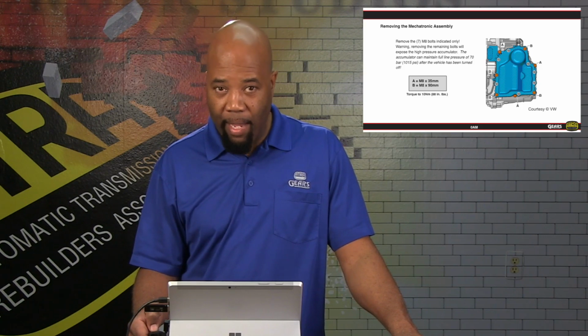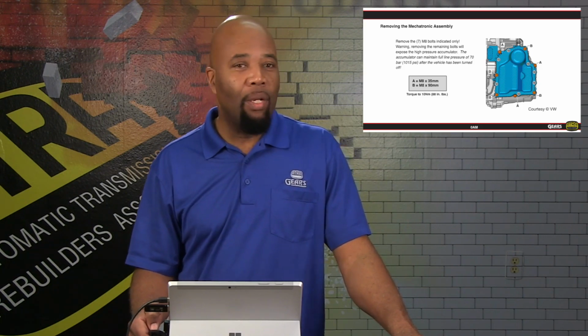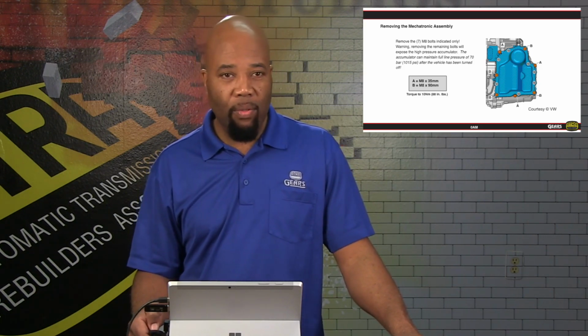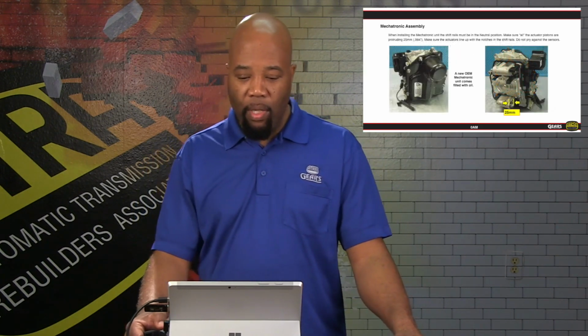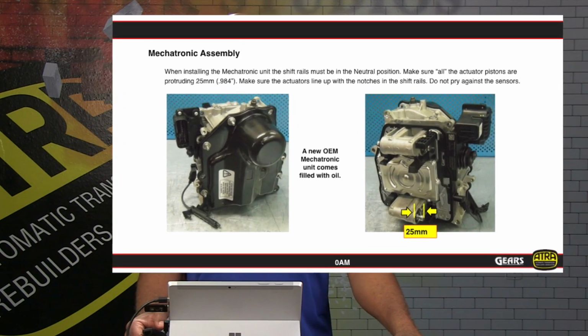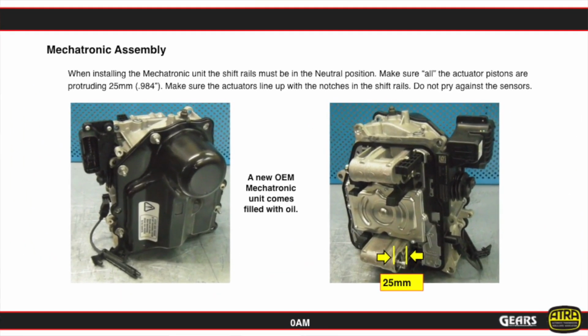So be aware of that. Be very aware of that. Do not remove all the bolts when removing this mechatronic assembly. Now, a closer look at that, and we see the warning sign a little bit better here, where you want to make sure that if you're servicing this and there is a question, there's a problem, what we want you to do is to drill a hole through the cover into the